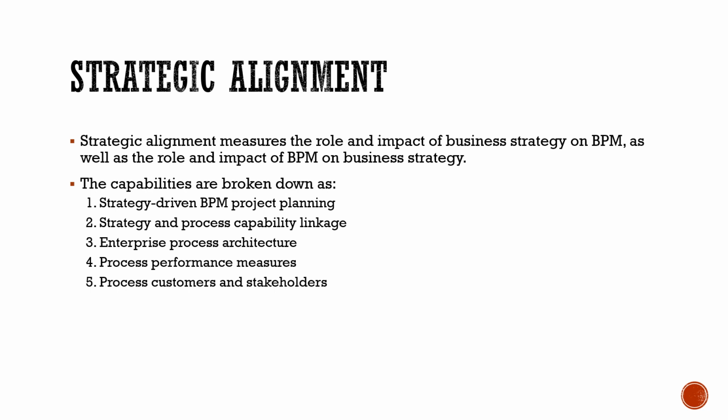measures. In order to measure process performance and ultimately to translate business strategy into process objectives, we need to clearly define objectives and related process measures for each business process. This information needs to be shared among all relevant process stakeholders. It is important that process performance measures are standardized across processes and process variants to enable cross-process measurements and hierarchical aggregations. The last capability area is process customers and stakeholders.